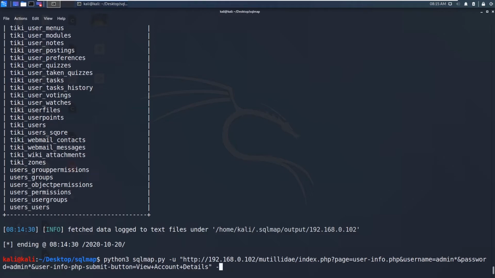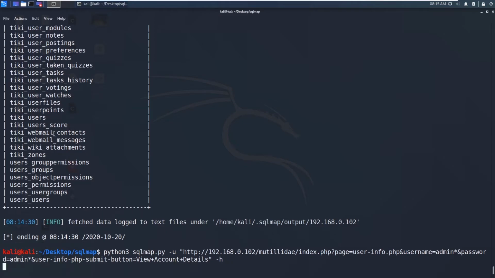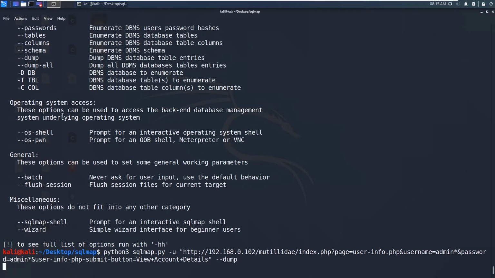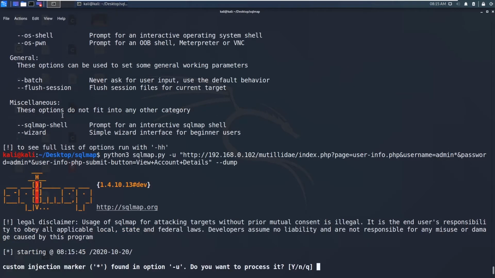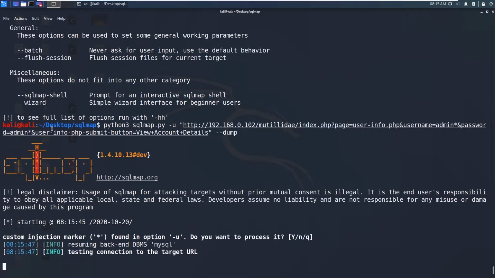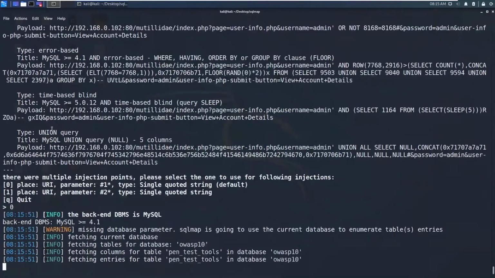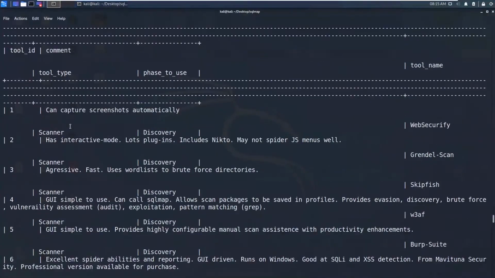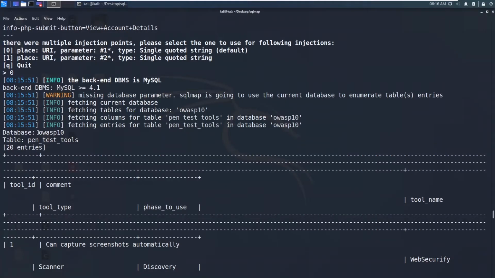So as you can see, you can enumerate these users to find out what are the users. So now we got the tables. Now let me try for the dump. And now we can see there is a database OWASP 10 and the table is Pentest tools.